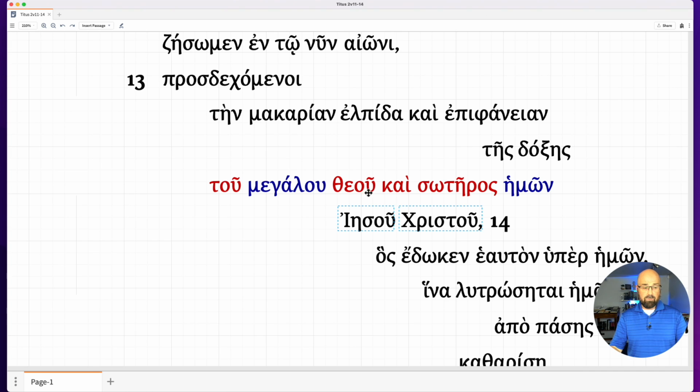It's in the genitive, which tells you that it's further defining who this genitive construction, this phrase here, refers to. This is called apposition, and it's because it identifies, often you can translate this great God and Savior of us, or our great God, the great God and our Savior, Jesus Christ, namely Jesus Christ. So Jesus Christ clearly then is who we're talking about.